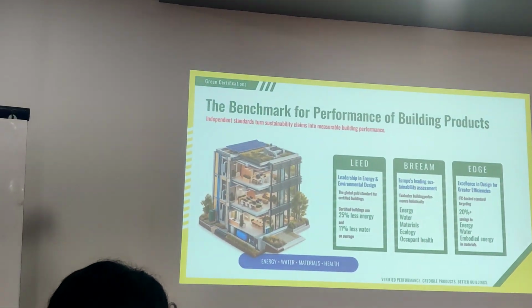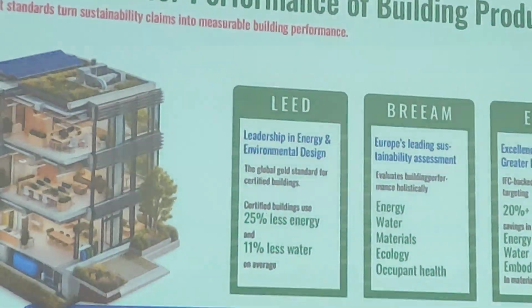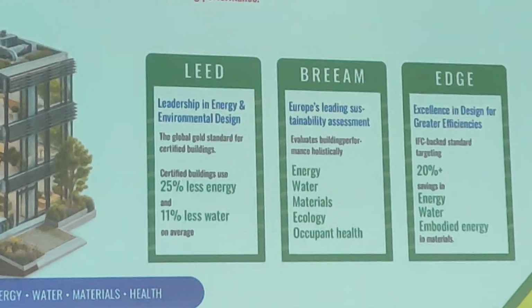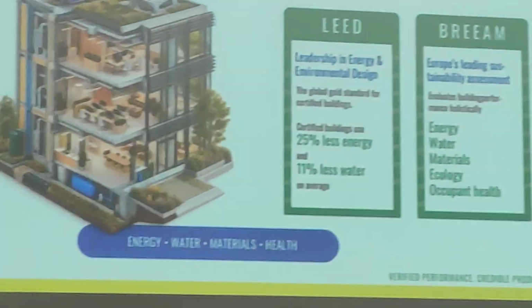So these are the benchmarks of the building material product. These are the certification bodies who will be giving certification to the entire building structure, on each and every product used in the buildings during construction. They audit how the material is obtained, where it is manufactured, and what the credibility of the green criteria on this product is, and until the end user they give authentic awards, different categories of awards, when you adopt this kind of building material or these kinds of certification bodies.